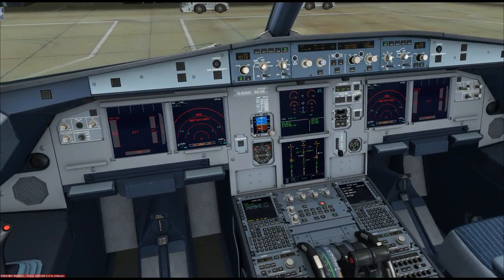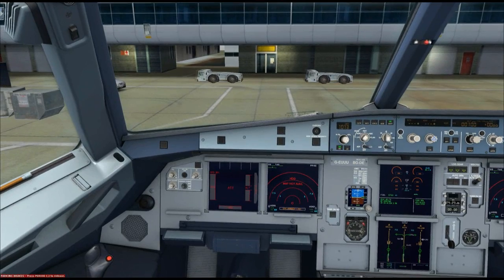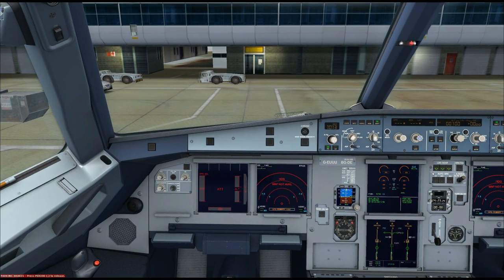We are good to go at this point. So now we can focus on setting up the aircraft ready for our route and our flight and let the automated crew do everything else for us. Now I've just paused the sim. I'm going to fire up our route here so I can type that in. So I'm going to jump down